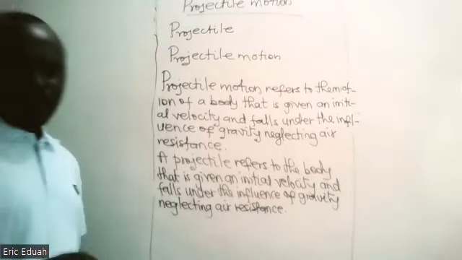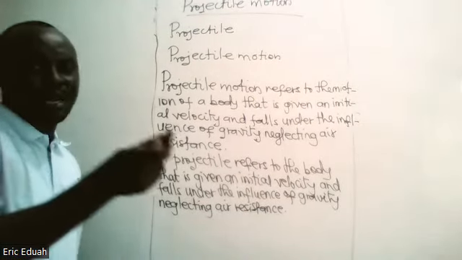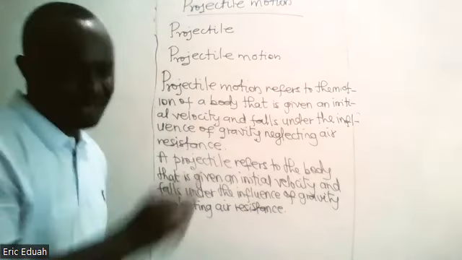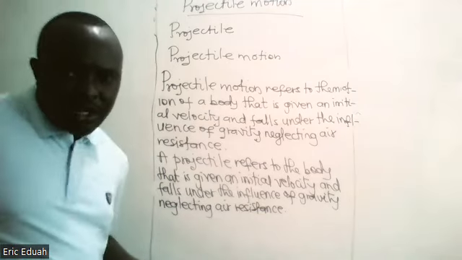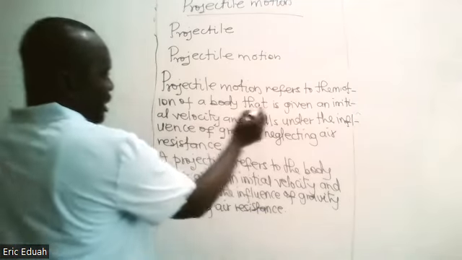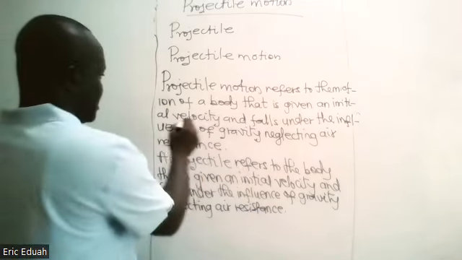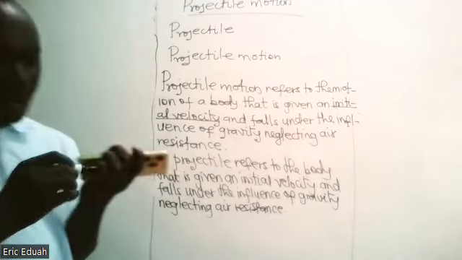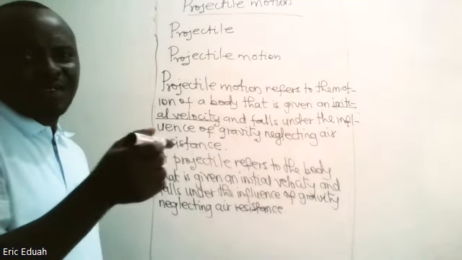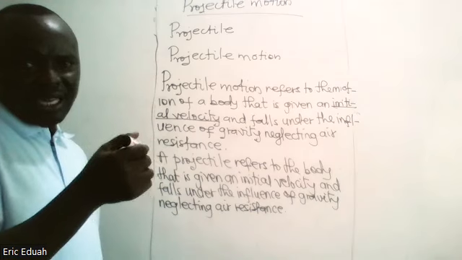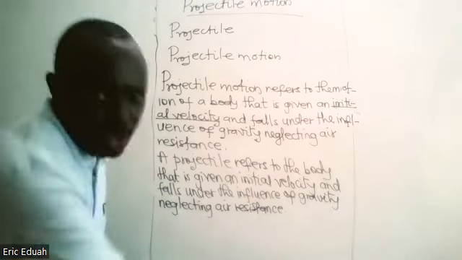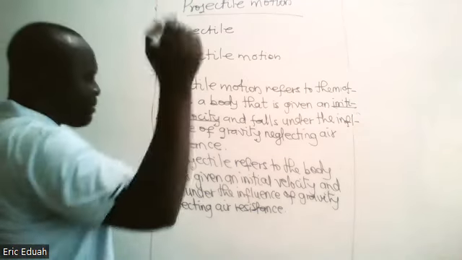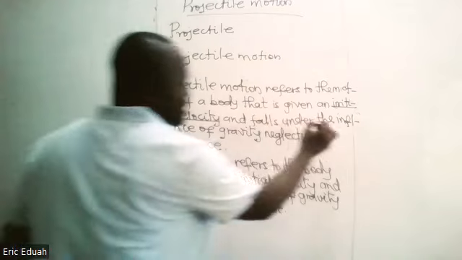So, if I throw the marker, throwing the marker gives it an initial velocity. Whilst you give it a push, it gives it an initial velocity. Now, when I throw the marker, it will never remain in the air. It will drop to the ground, and it is gravity which does that. So the marker would fall under the influence of